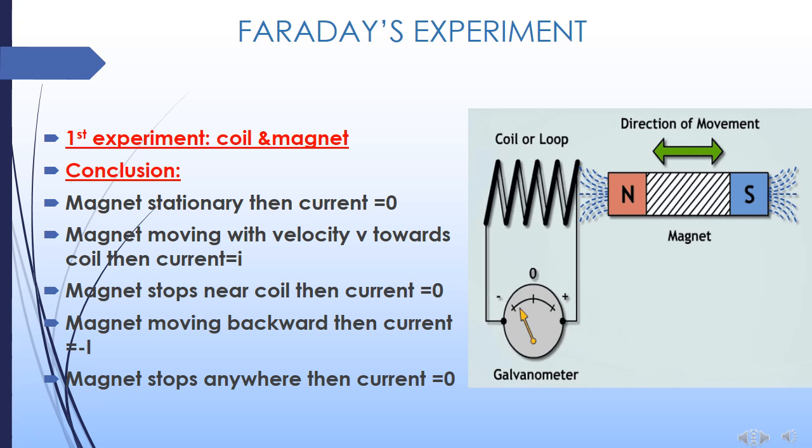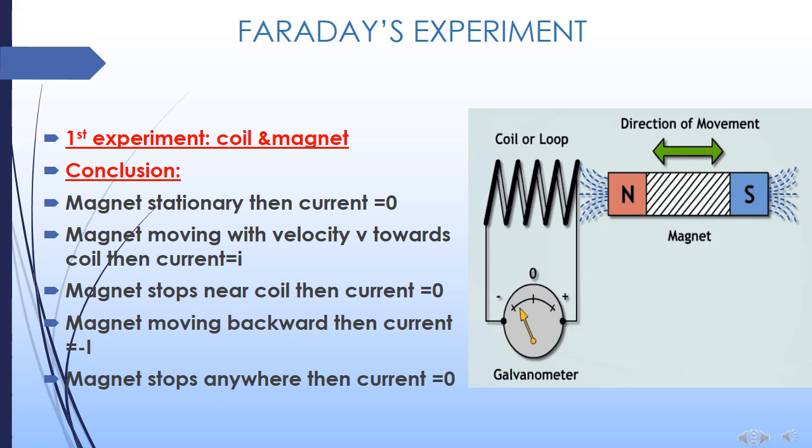First one is done with the help of a coil and a magnet. So we have considered a coil and a magnet, and we connect the two ends of the coil with the galvanometer, which will inform us whether there is a current in the coil or not. There is an axis of the coil where we keep a magnet, and we can move this magnet in the left and right direction. Now we are observing the relation between the movement and the current of the coil.